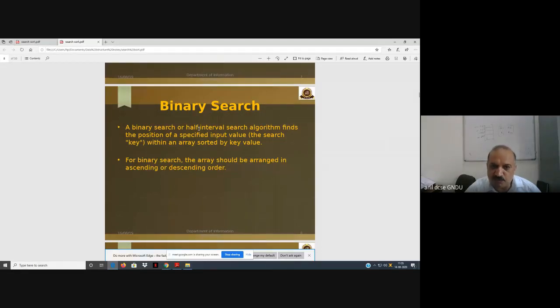If it is equal to the given search element, then it is a success and we come out of the algorithm. Otherwise, if it is not equal, then we see whether the search item is less than the middle item or greater than the middle item. If it is greater than the middle item, the search is going to be further in the lower half of the array, where all the elements are greater than the given item.